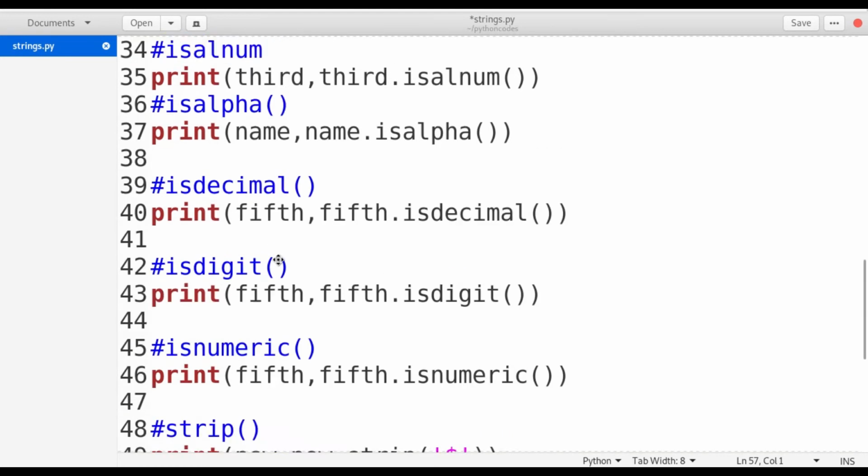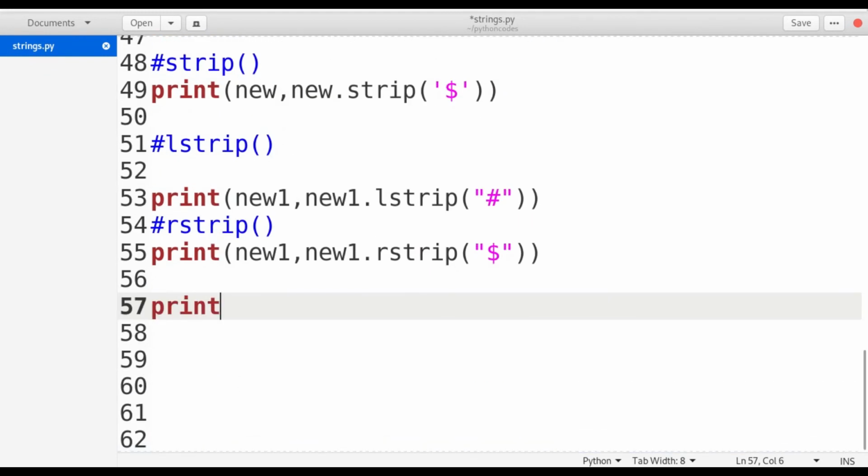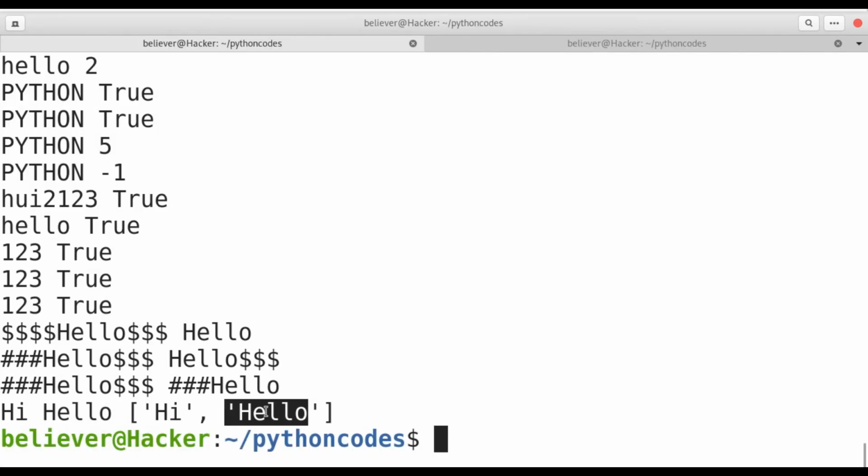Later I am going to use the split function. I am going to apply the split function on the fourth variable. So print of fourth comma fourth dot split of, and I am mentioning here the space. If you see the output, my hi hello string is split and the two strings are in the list.